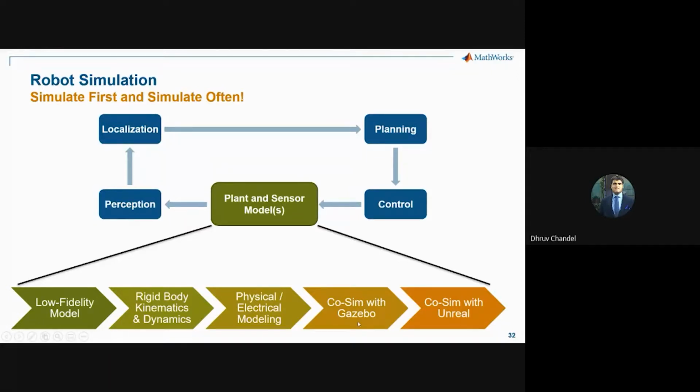And for more advanced simulations, which include the sensors and the environment models, you can co-simulate with Gazebo. Gazebo is a very popular open source robotics development platform. And also now with Unreal Engine. This has just been released, and this is absolutely cutting edge. It's state of the art. Unreal Engine is like a gaming engine, and you can simulate the response of all your sensors inside Unreal Engine, and then you can do the control in Simulink. So there are many steps of detail that you can go into. You typically start off here, and then you keep on building the detail as you go down these steps. That's the general idea.